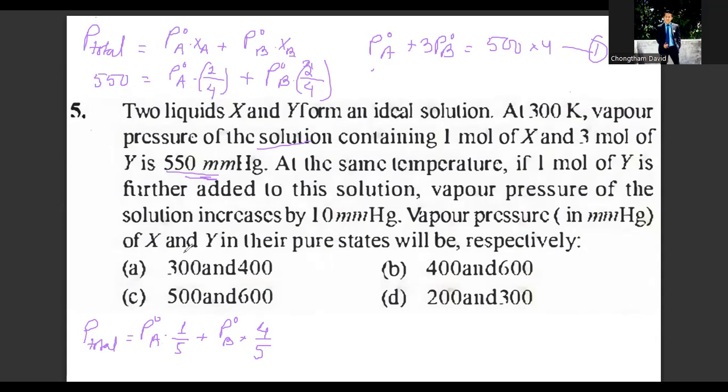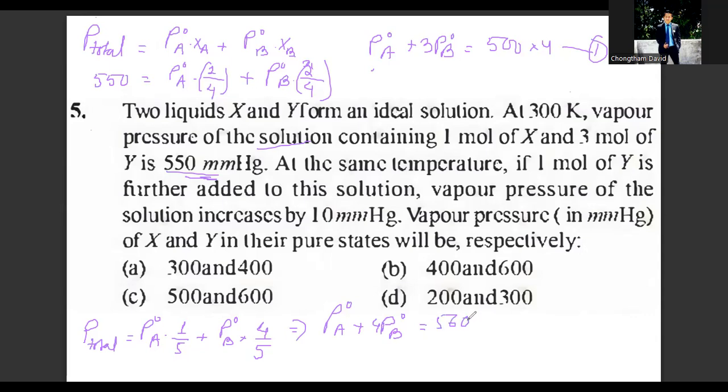So this is the relation so far. Can I name this as equation 2 after inputting the values here? Redo the rearrangement, P naught A plus, you can simplify this, P naught B equal to,